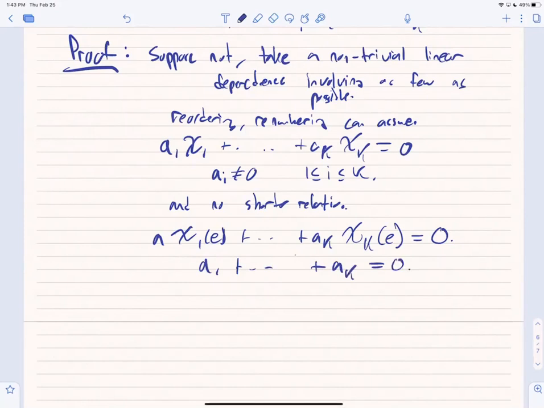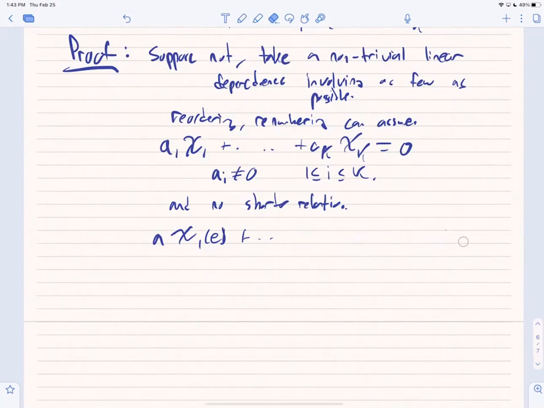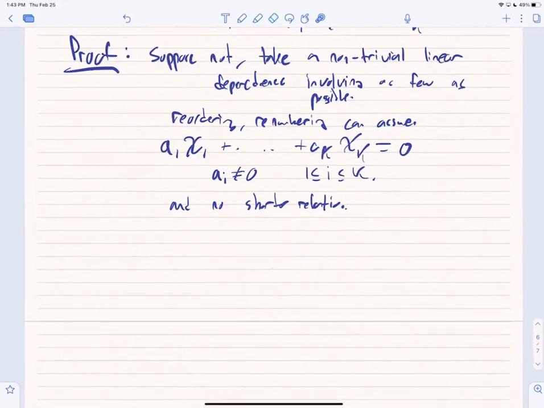Okay, A1 chi1 plus AK chi k is equal to 0. Sorry, what do I want? Let me say it this way. So this thing is equal to 0. I'm going to get something new that's equal to 0 out of this. So for any G in the group, I also get then that